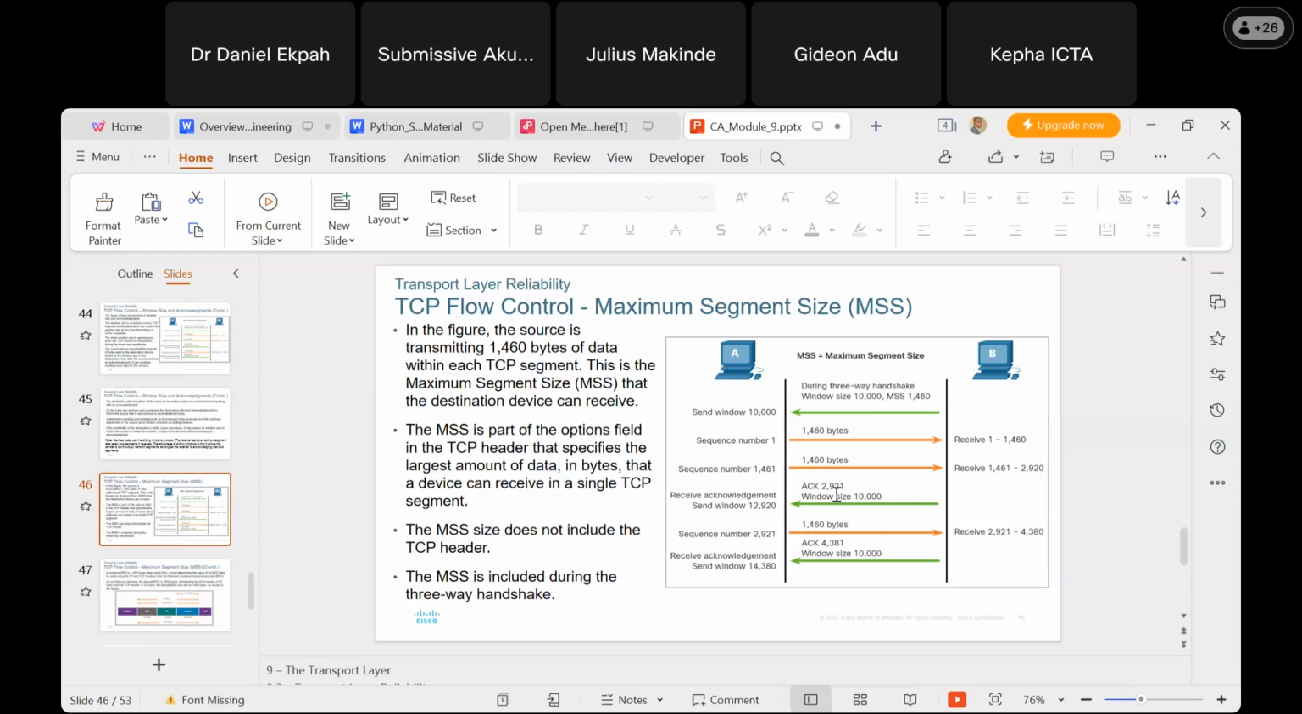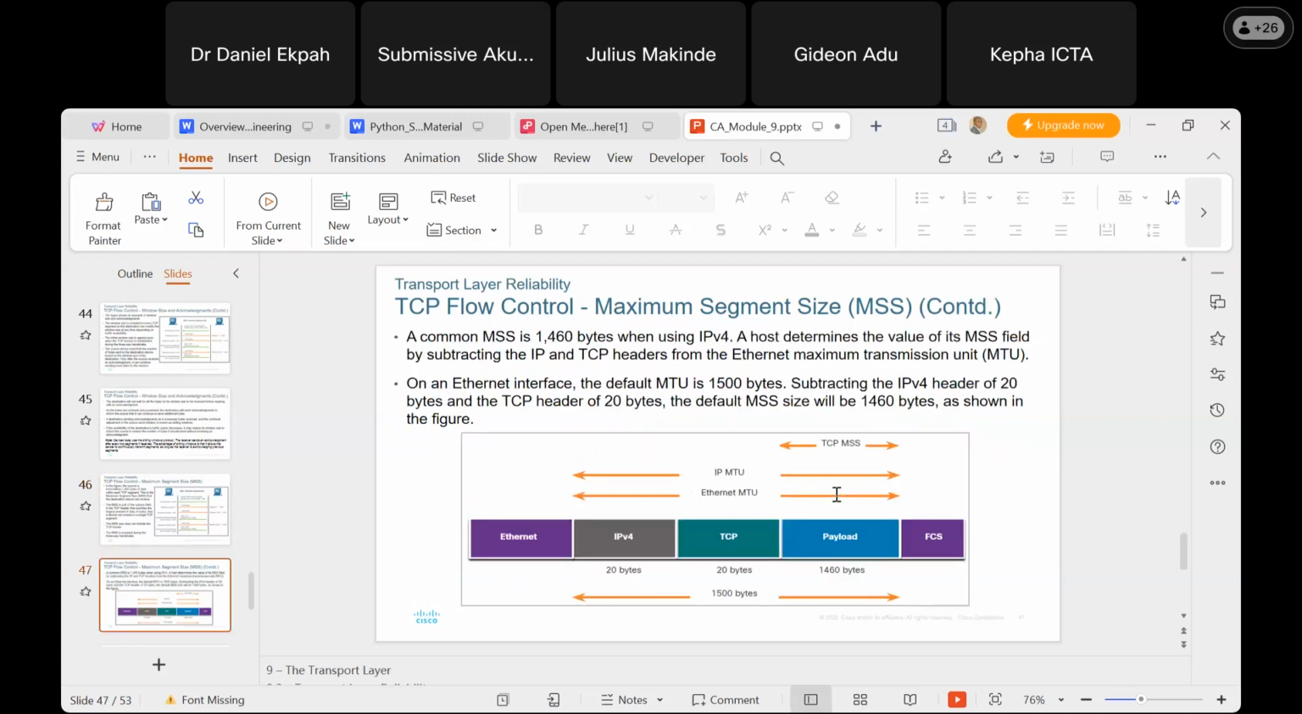And like we said, the maximum size of this data should not exceed this number. This number, which is 1460 bytes, is the allowable MSS number, and you can get it when the sequencing is initiated from the beginning. You can see it here in the middle, telling you that's the size of the data during transmission. For the TCP flow control maximum segment size, the MSS, a common MSS is 1460